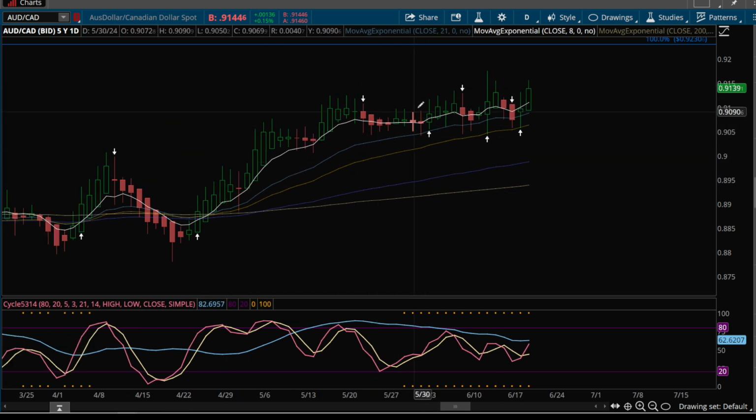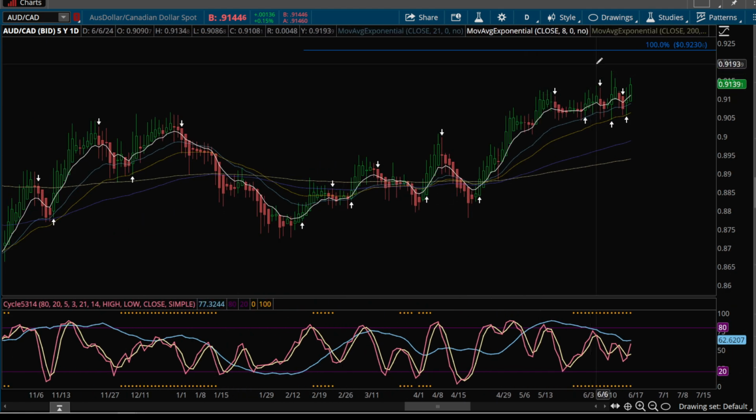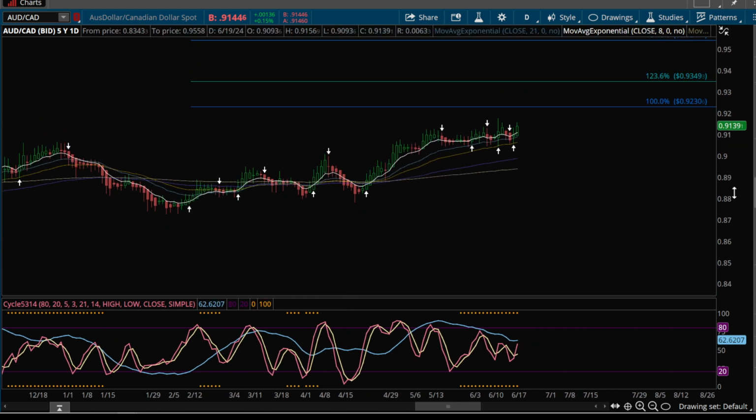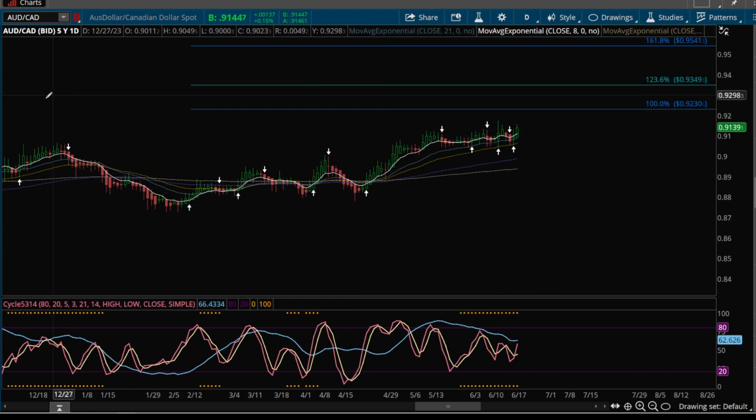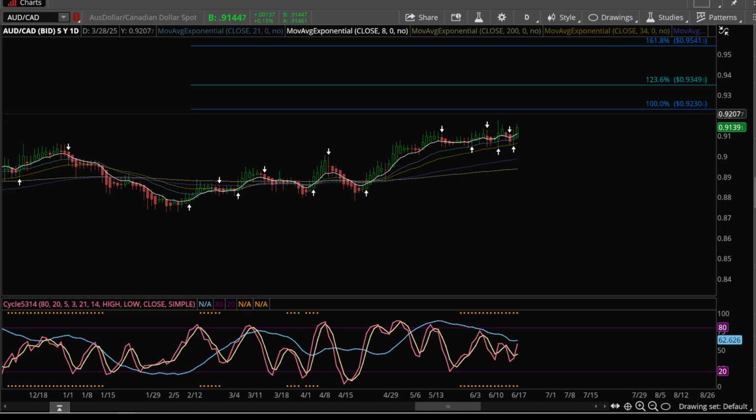So you had your 1, 2, 3, 4, 5, and you're going. Look for continuation on up to your quarterly R2. Could even blow up past it because we're coming into the end of the quarter and you've got new pivots to work with. Your next quarter's R2 is all the way up at